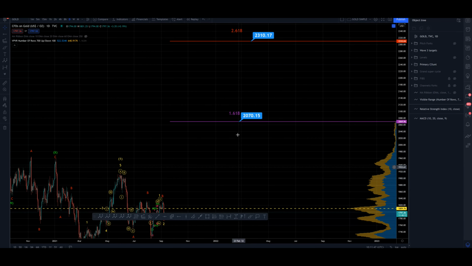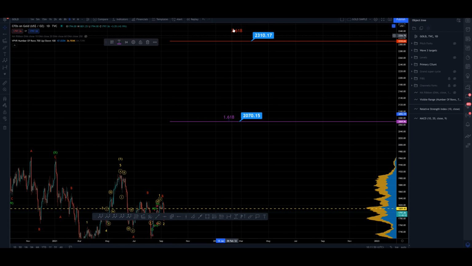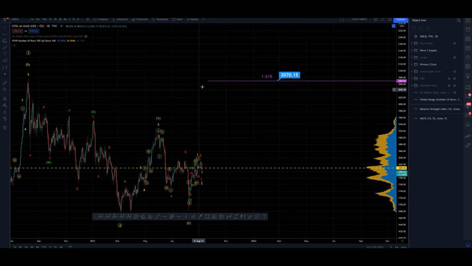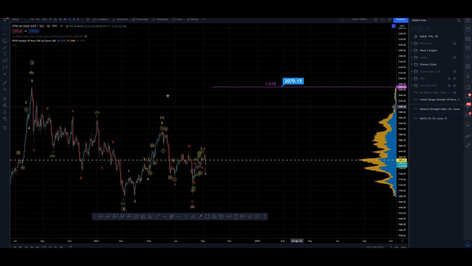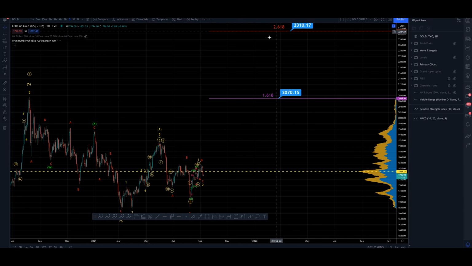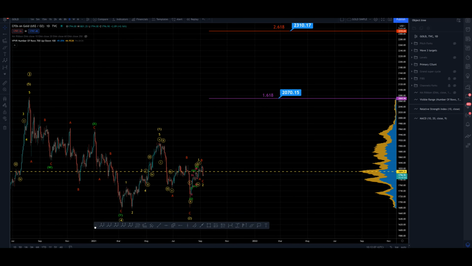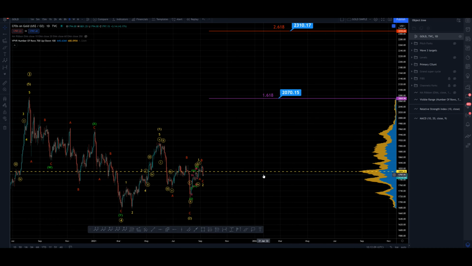We have 2 targets on the board. Both are taken in linear scale, as I don't think the price skew in gold up at these levels, from the wave 3 to the wave 4 consolidation and up from here, is sufficient to warrant looking at it in log. They would essentially be very close to one another if we did anyway. We're not looking at a crypto here after all. We're not moving in tens of thousands of dollars. We're moving in a few hundred at a time.